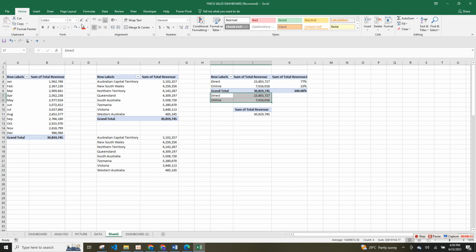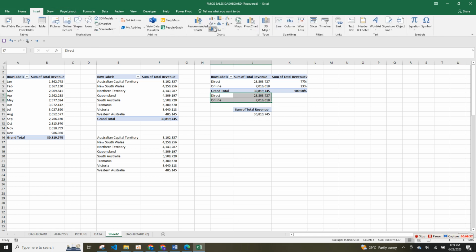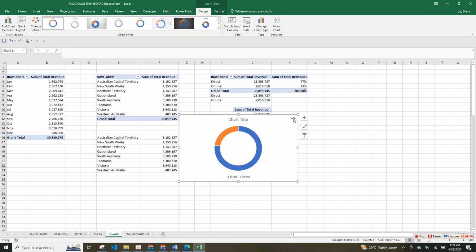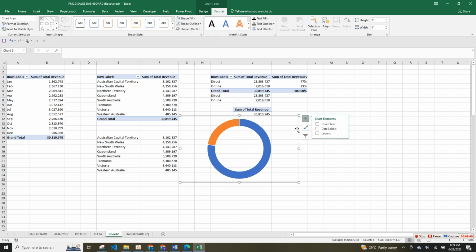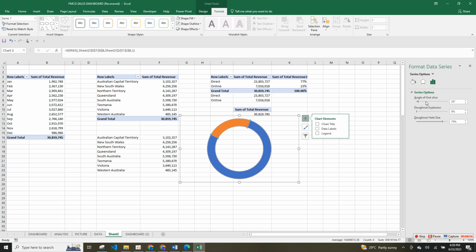Then I want to insert a chart, that's donut chart here. Format the chart, no outline. Come here, remove this and this. So you can format your data series. Here I want it to rotate to the right. That's too much. Okay,